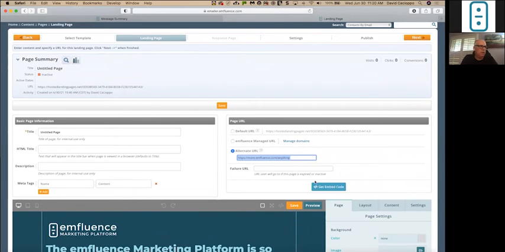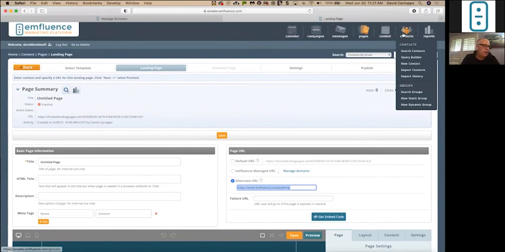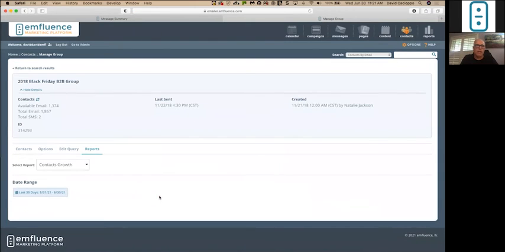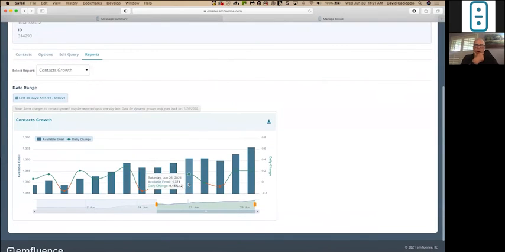Let's go over to reporting real quick. Let's go over to groups, and we're going to take a look at group level reporting. We had a specific request for daily change on the growth rate of an individual group, and so now there's a downloadable file.